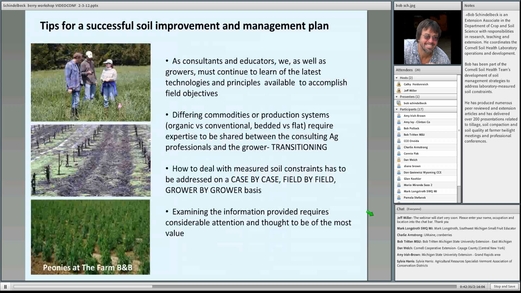But before we do, we want to think about what we're trying to do with soil management. It's an ever more complex world where there's so much information out there that we have to continue learning, modifying what we know, asking questions, seeing what people are doing all over the world, really, certainly in our region, to learn of these latest technologies, strategies, so that we can be better, not just better growers, but as consultants and educators, better suppliers of information, and sharing this information so that we, as a group, can just all be more